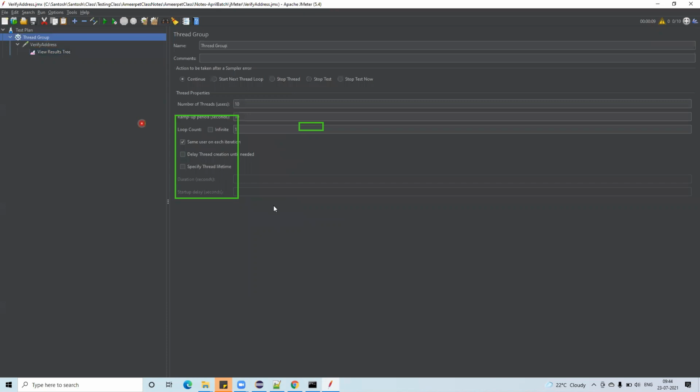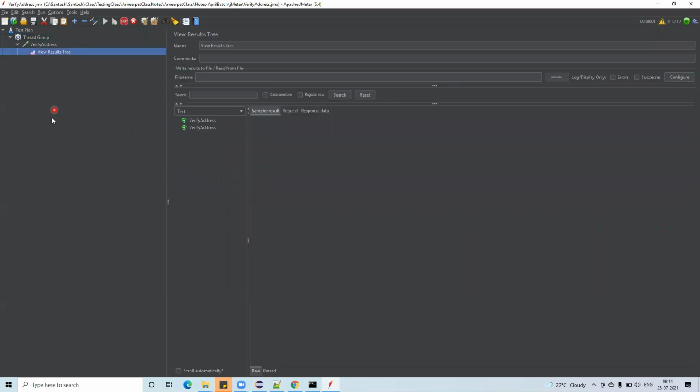Like the same, you can do some other magic also here. You are telling that 10 requests have to go to the server in 10 seconds. Next is loop count. When you set loop count to 2, at that moment it will run the same job 2 times. See here, let me click on the run button. It is running 2 times. Total 20 requests will go. You can see, 20.